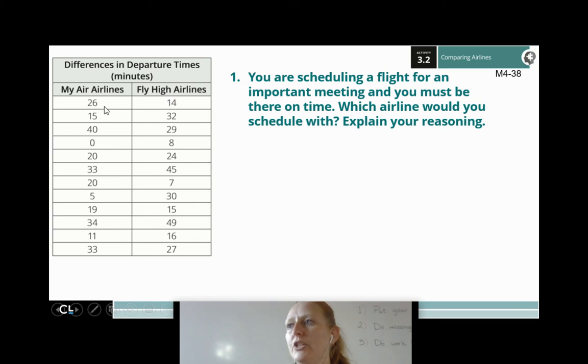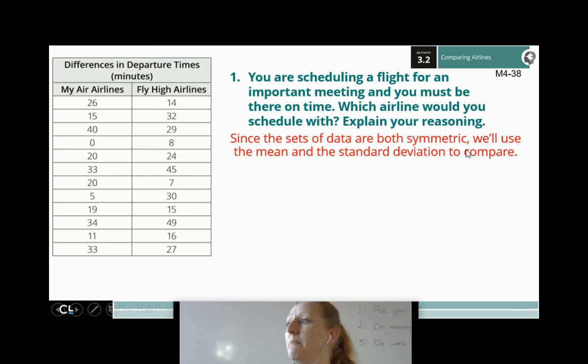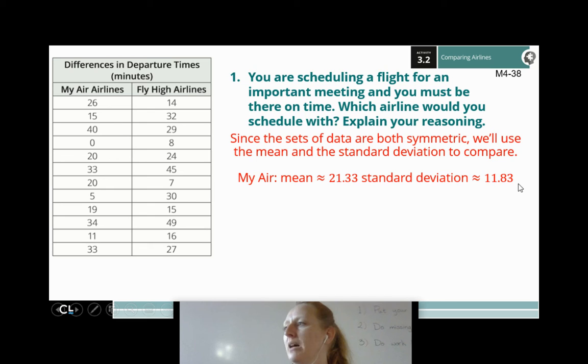Now, if you went to all the trouble to put this data on, forget a box and whisker plot, just put it on a dot plot, you would have seen it's pretty symmetric. Since it's symmetric, I'm going to find the mean and the standard deviation. I did a whole ton of work in that few seconds that you waited, or maybe I did it ahead of time. So I found that the mean of My Air Airlines was 21.33, and the standard deviation was about